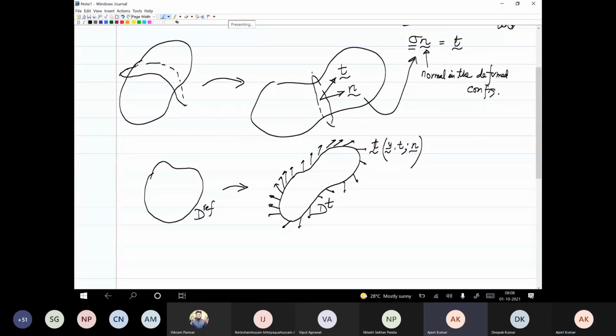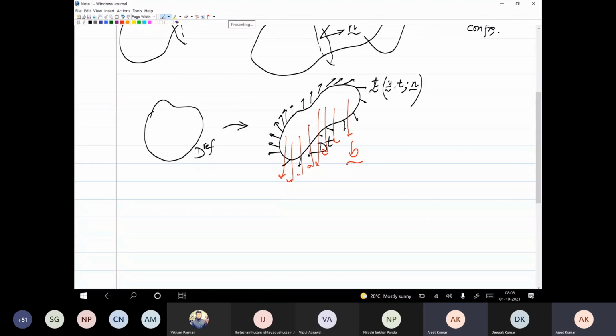Okay, and then you have the body forces also. This is something that we have seen, which we denote by b, and then you summed it and equated it to rate of change of linear momentum of this part d_t. Let us write that again. So we have integration over the surface, which is del d_t, of, okay, I should write t only first of all to begin with. So t and then da_y, plus triple integration over the volume d_t of b dv_y, and that's equal to